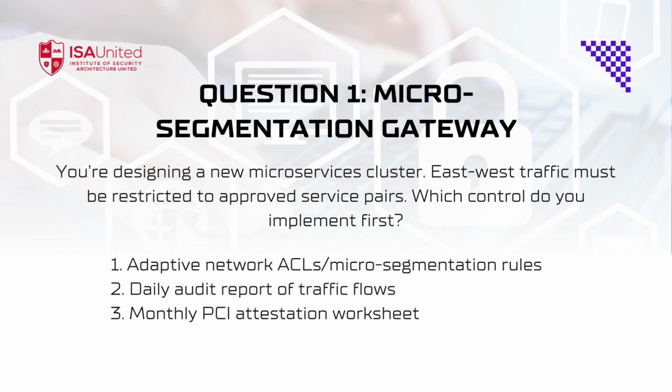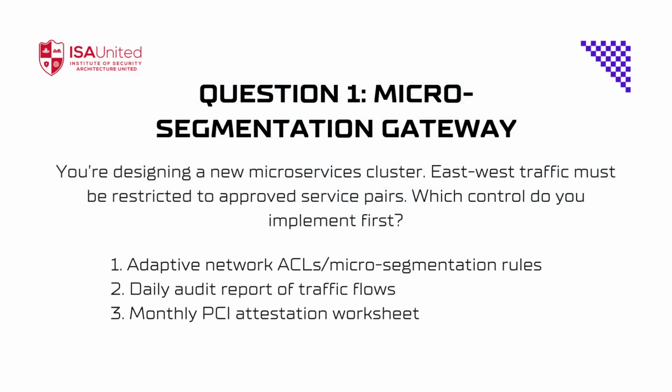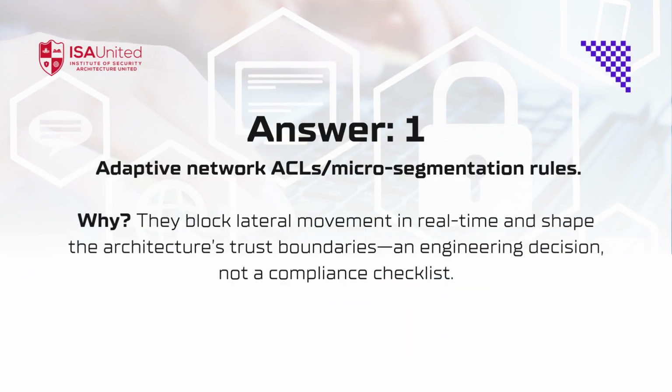Scenario 1: you're designing a new microservices cluster. East-west traffic must be restricted to approved service pairs. Which control do you implement first? 1. Adaptive network ACLs/microsegmentation rules. 2. Daily audit report of traffic flows. 3. Monthly PCI attestation worksheet. Answer is 1. Adaptive network